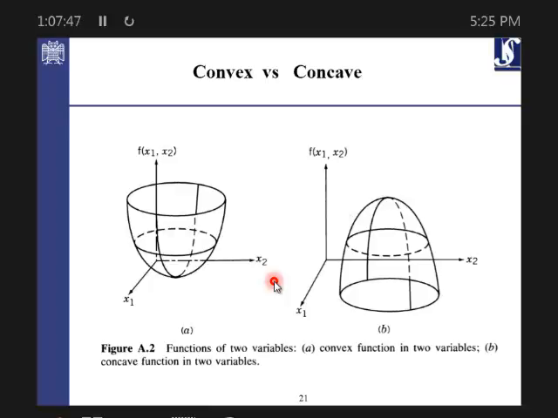Because if you draw a line between these 2 points, there are an infinite number of points thrown away from that epigraph. And the epigraph, you know that if this is a graph, you draw a line,